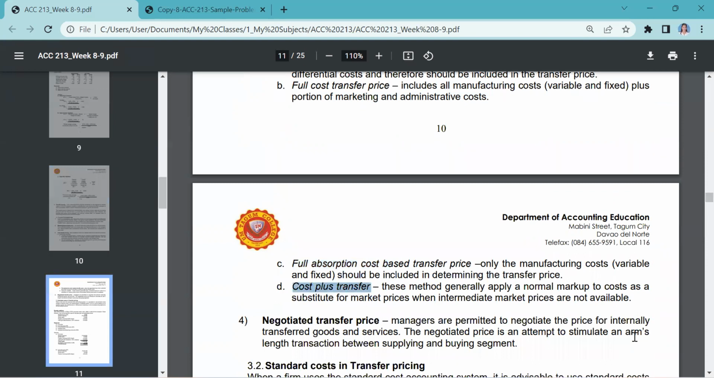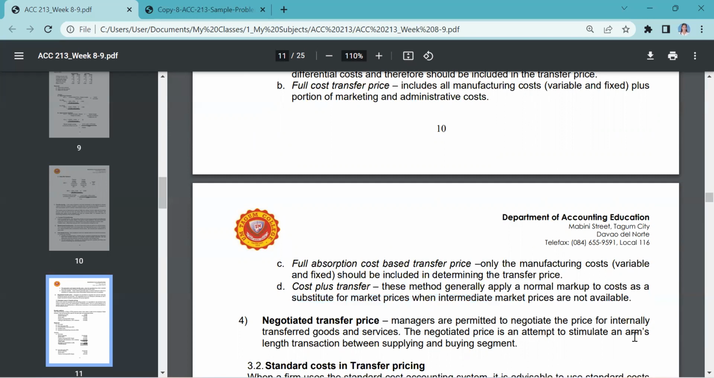Then letter D, we have the cost plus transfer. So this method generally applies a normal markup to cost as a substitute for market prices when intermediate market prices are not available. So you set a certain markup rate based on the cost